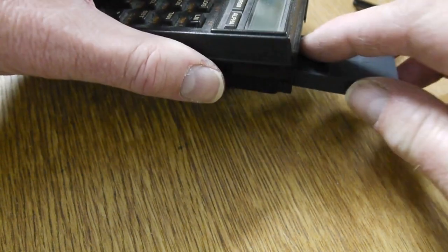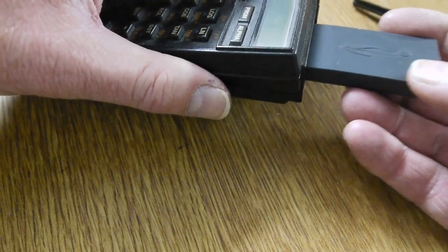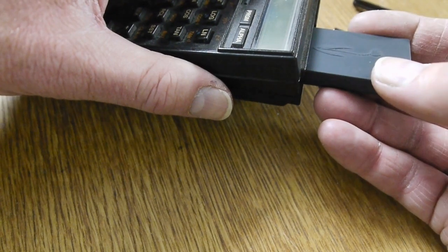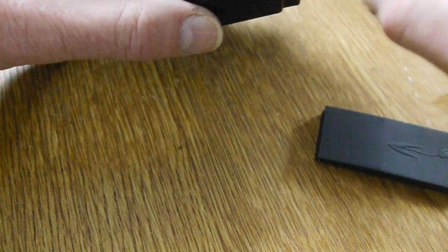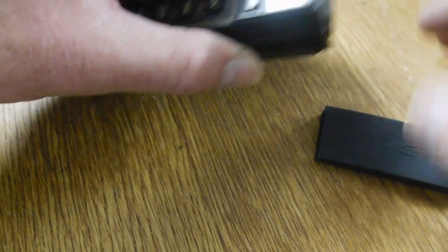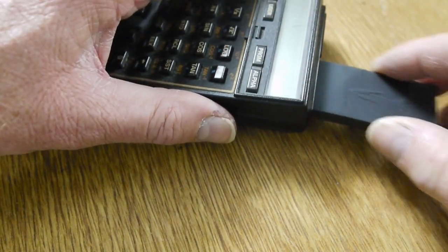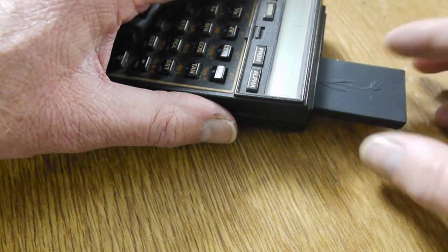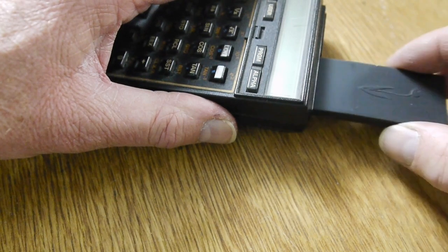You have to make sure that you're running along the case there, and here you have to sort of bring it down a bit, and then you can get in there. And again, you can insert and remove. So it's looking pretty good mechanically, although I'm still not really happy with how robust these pins are. But as you can see, you can plug it in, remove it,